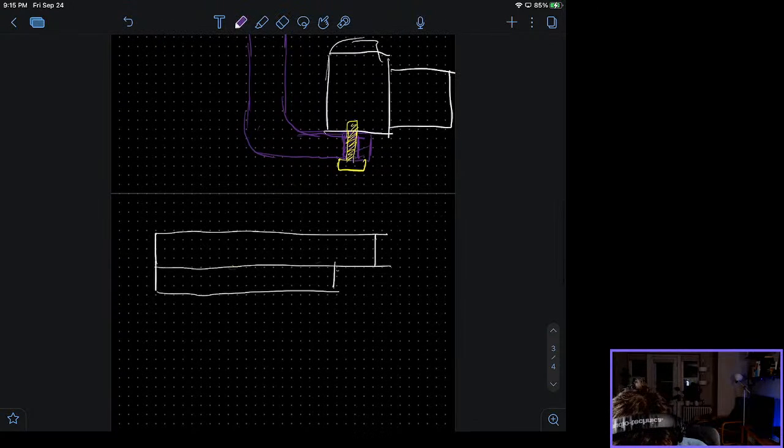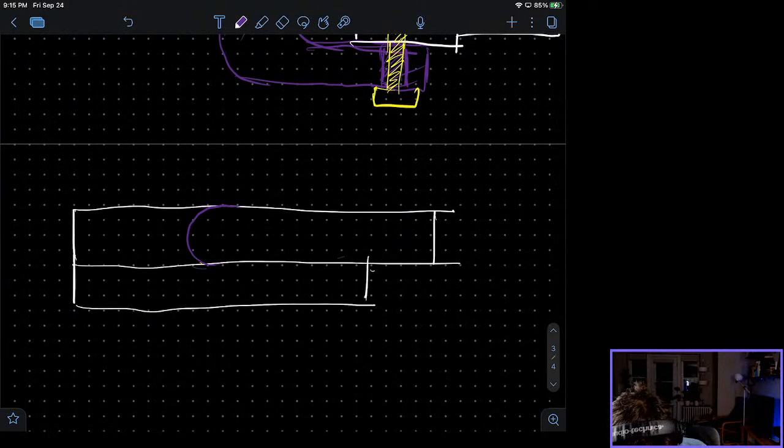And I'm gonna do that again, where I have this piece that's right here. Let's do that again. And again, for the countersunk screws. That piece is fine.